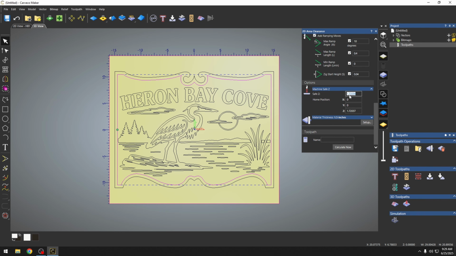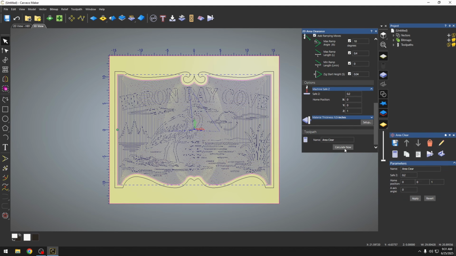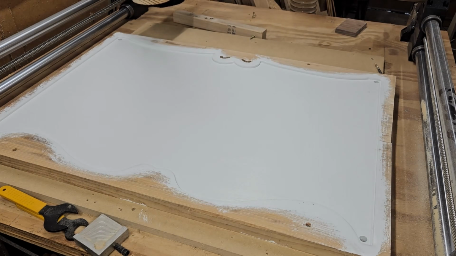I don't have any clamps on top of the material. I just have it screwed down. So we're going to move this to 0.2. Okay, and now that we calculate that toolpath, you can see that we have created our pocketing for this inside part. Now, when creating this sign, the way I usually do that, so we would carve this down and